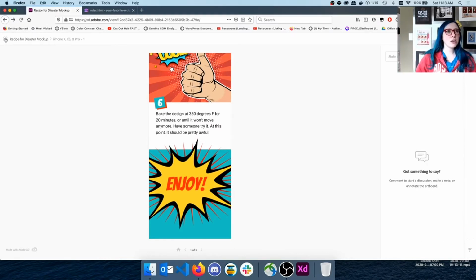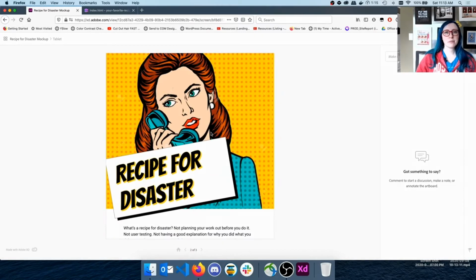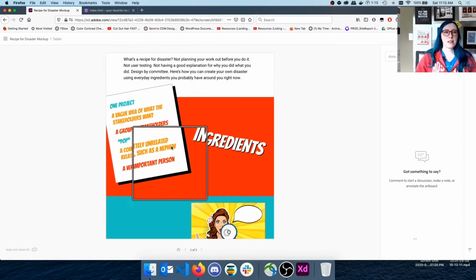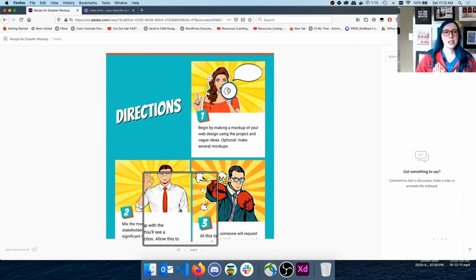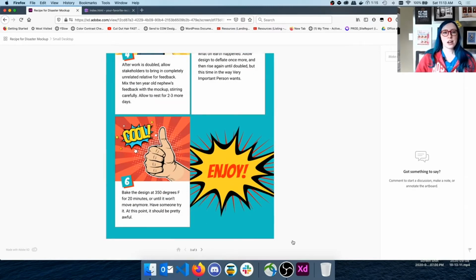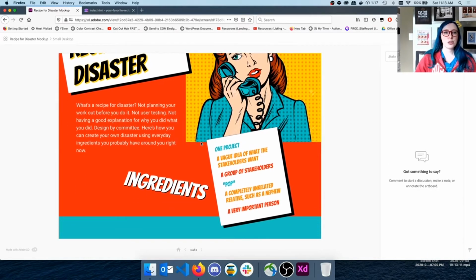So you can see all your mockups at the same time by going to this little grid and then bopping between each of these. So here we have tablet and small desktop. If I go to tablet and scroll up, you can see how things changed over here. I have the list over to the side, and then ingredients is positioned differently, and then I've taken a card approach with my directions. And again, you can look at these each on your own. I'll post the link in the video. But I just wanted to show you some of the differences between the layout of each one and how things responded to the different screen sizes.